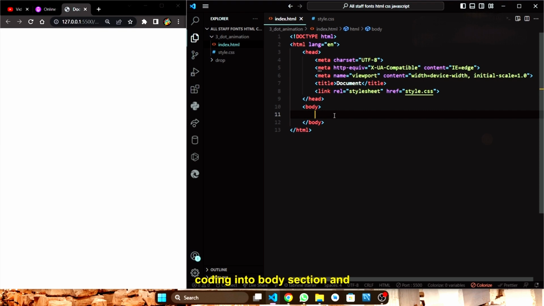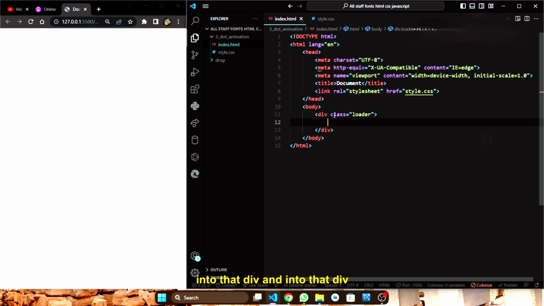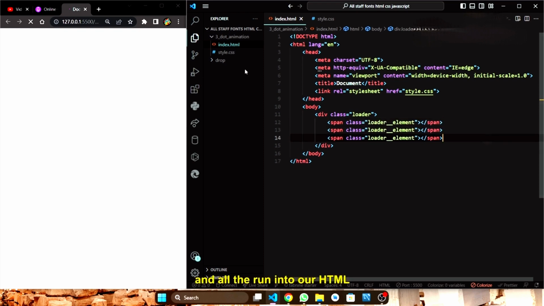start coding into the body section, and we need a div called loader. And into that div we also need our spans named loader element, and close the span, and then we copy all of this, copy paste this 3 times, and then run it in our HTML section, and after that start